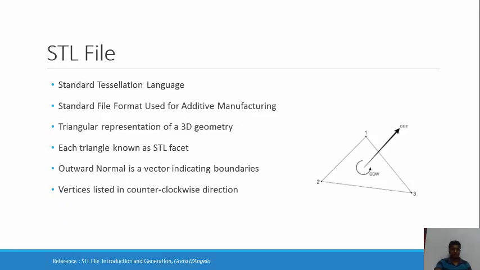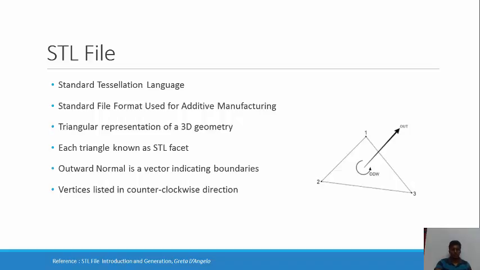So STL file is the short form for standard tessellation language and it represents the standard file format used for additive manufacturing production. It is a triangular representation of a 3D geometry. That means when a CAD model is exported to STL format, the surface is subdivided into a triangular mesh. Each triangular mesh is called a triangular facet and it is defined by a normal and 3 points